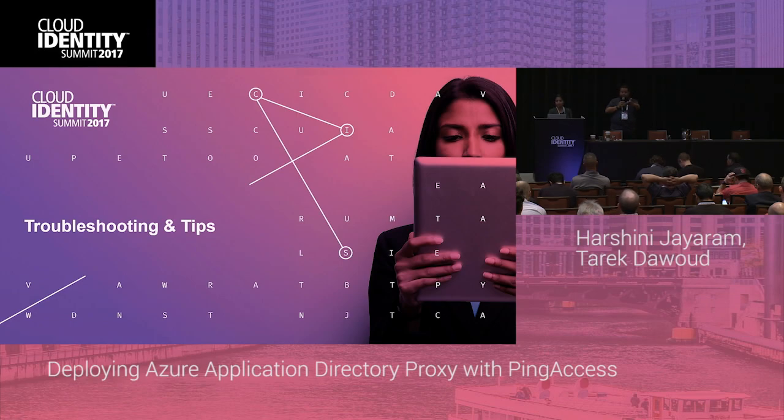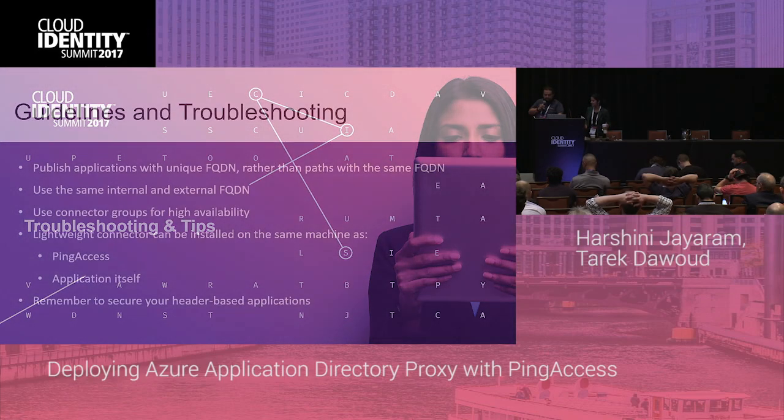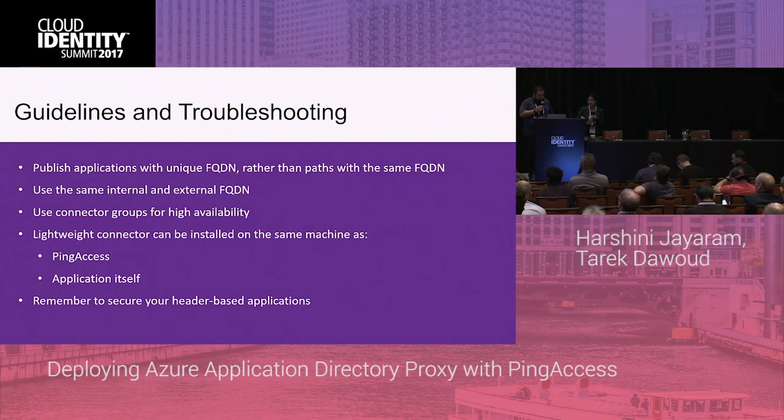In those scenarios, I think PingFederate is needed to actually mediate some of those calls. But if it's a straightforward front-end app that just looks for headers, then this is sufficient. Beyond that, I also think the Ping folks, and Mark is here to help us, have SDKs that can help you also replace some of these agents as well. So, moving on to troubleshooting. If you have a few tips specific to this scenario,